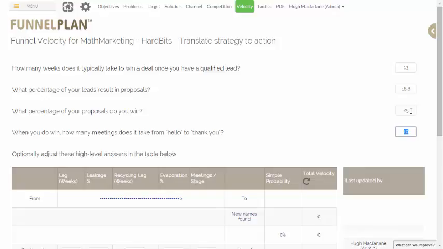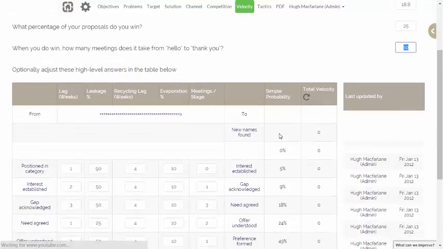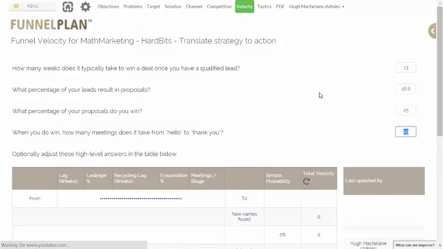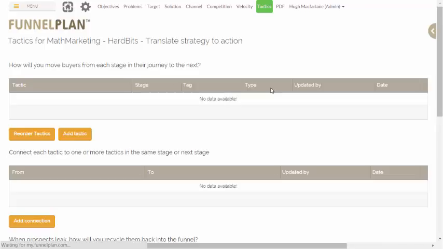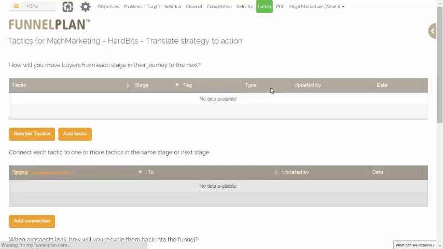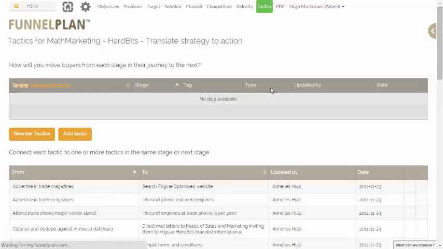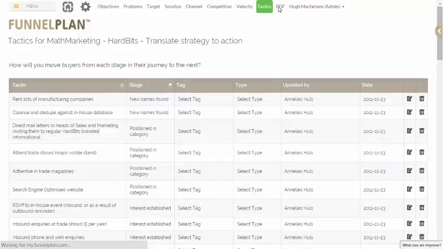Four very basic questions that we break down into far more advanced information, but all you need to answer is those simple questions and then the tactics that you're going to use. Now in the free version, you're using templated tactics. You don't need to and can't edit the tactics. Again, for now, that'll be enough in the Hardbits plan. And let's take a look at the PDF that comes out of that.